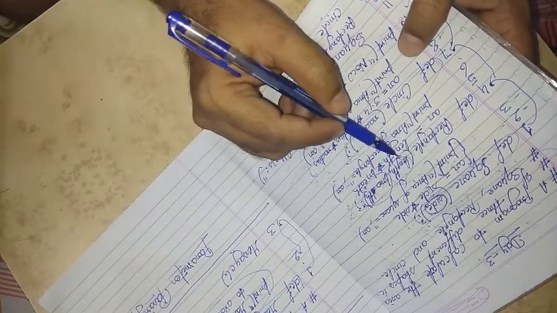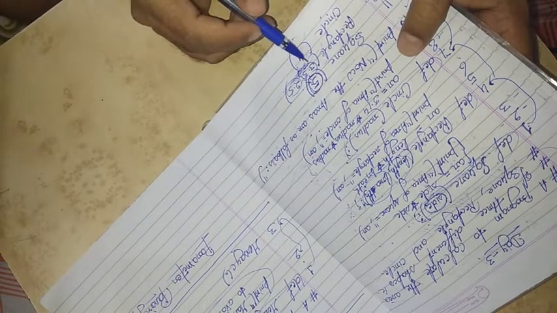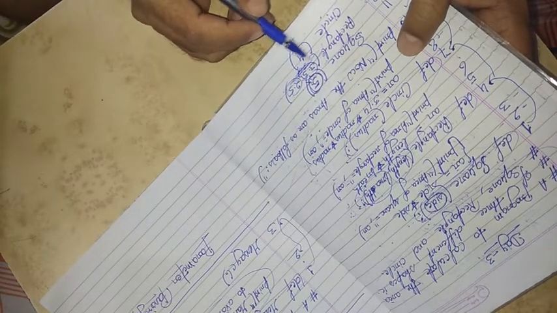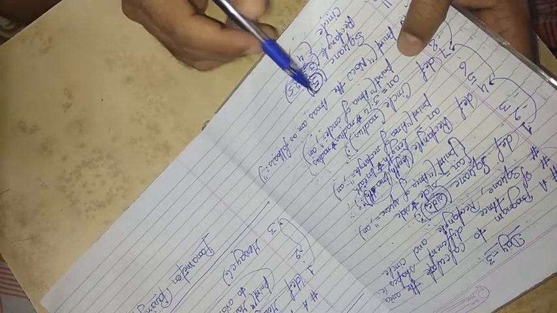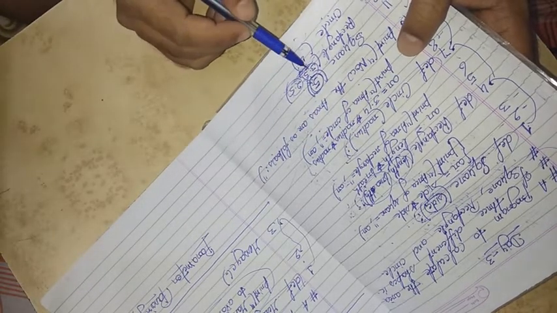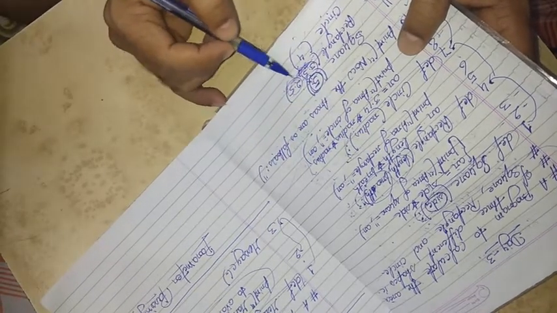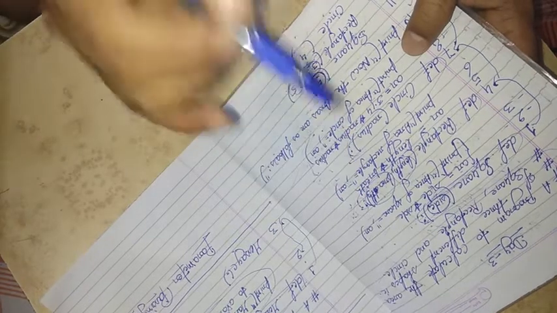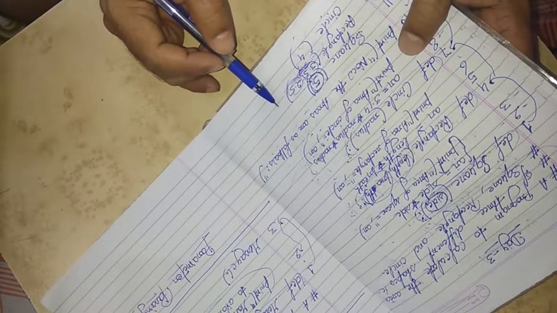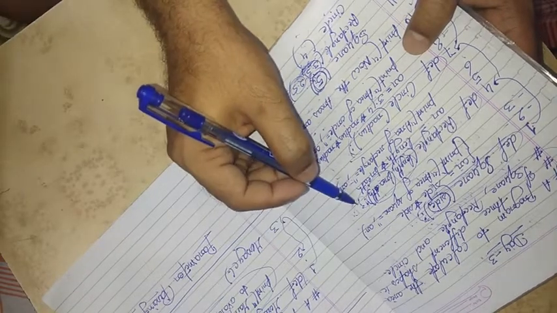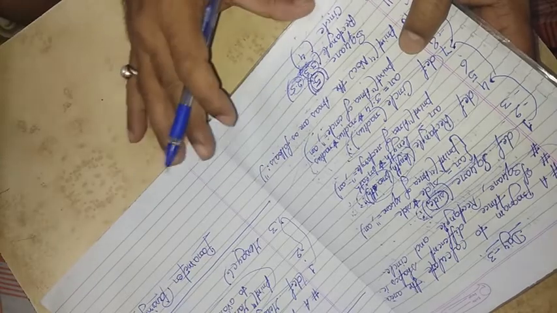So whatever sequence you have mentioned at the time of function definition, when you call that particular function by passing that number of arguments, that order will not be changed. The first argument will go to the first parameter automatically, the second argument will go to the second parameter, and the third argument will go to the third parameter. In this way, this will be the sequence. That will not be changed.